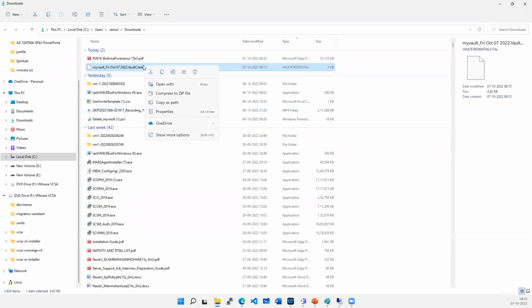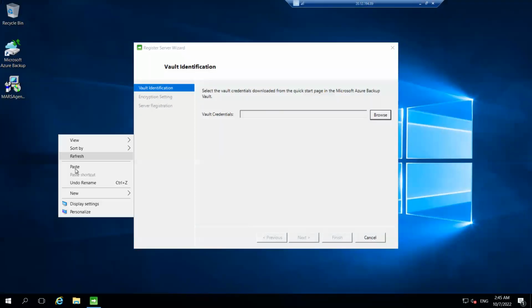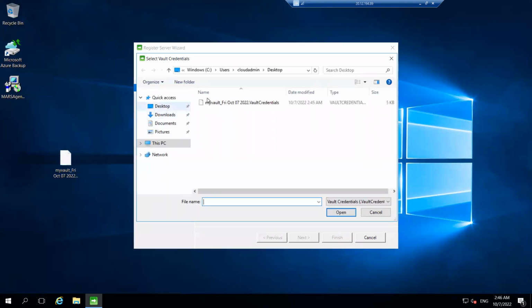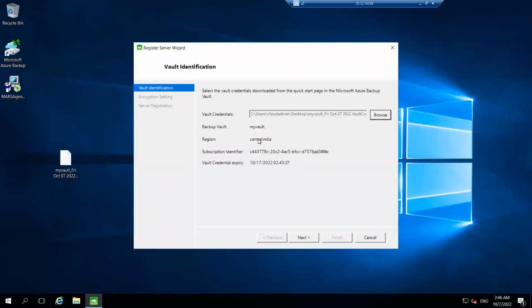copy these credentials and put it on your system. So these vault credentials will have your vault details and some authentication credentials as well. So all you need to do is browse it and feed these vault credentials to your agent. So if you look closely, it's picking the vault with this name, my vault, region,